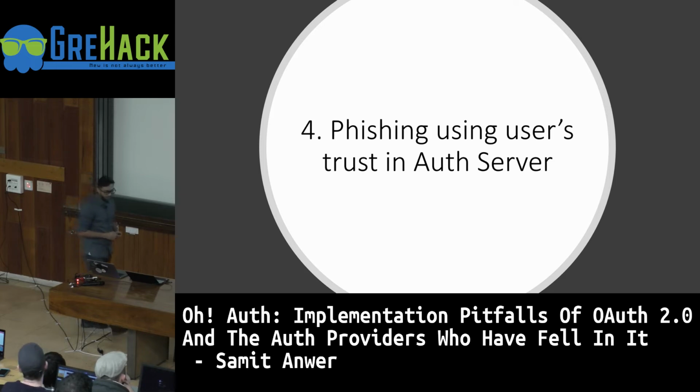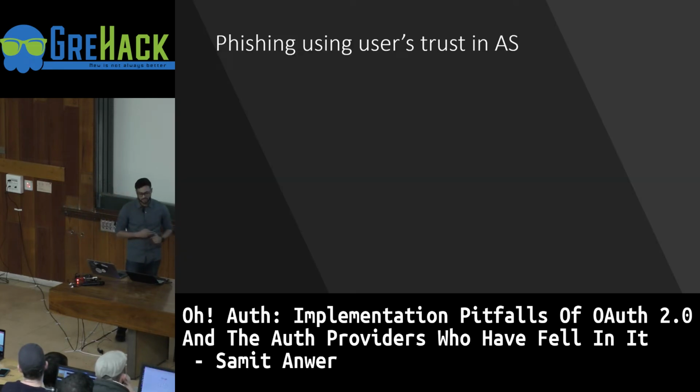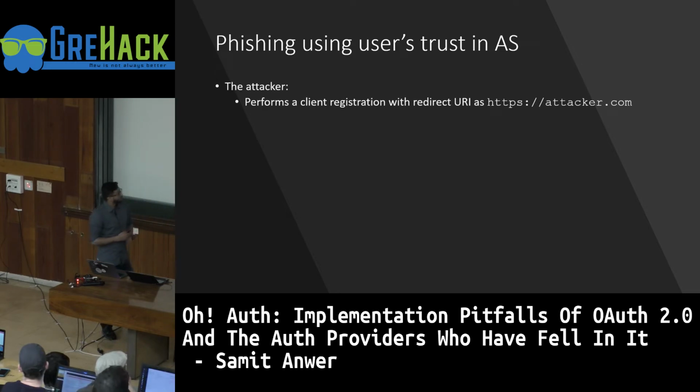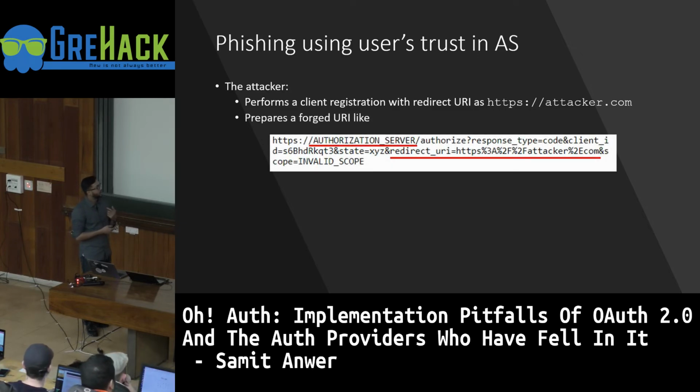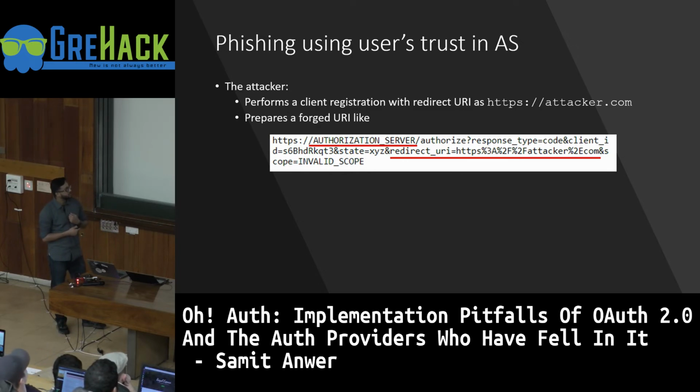So next one is phishing using users' trust in the auth server. And there are a few steps that the attacker needs to take. He just needs to register a domain which the attacker controls with the auth server. And then he misuses the trust that the end user has in the authorization server. So the auth server could be Google or Facebook, and once the attacker registers a particular redirect URI with Facebook or Google, he can just create this URL starting with the authorization server's domain followed by the redirect URI of the attacker domain. And when the victim clicks on it,